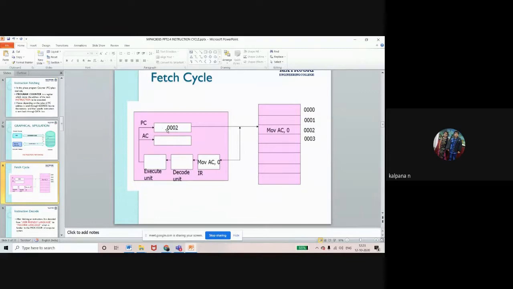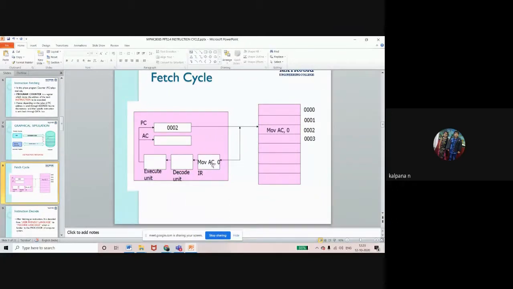Now the processor will take the address. What is present in the PC? 0002. So at this address location, what instruction is present? Move AC comma 0. The processor will take this instruction. Here AC means accumulator. See here, a bidirectional arrow is there. After taking it, the instruction is moved into the instruction register. What is the purpose of the instruction register?